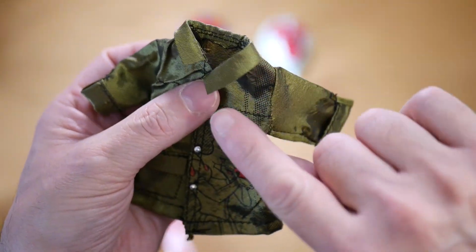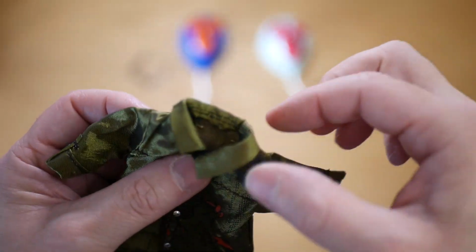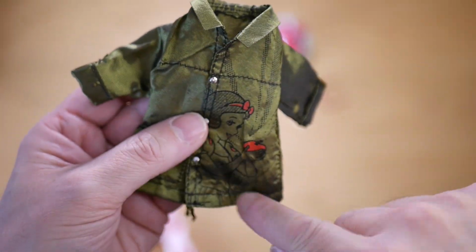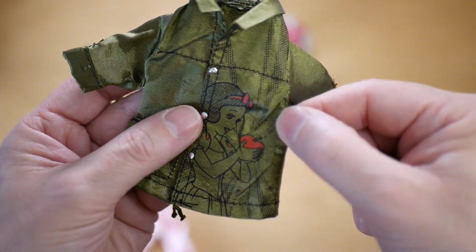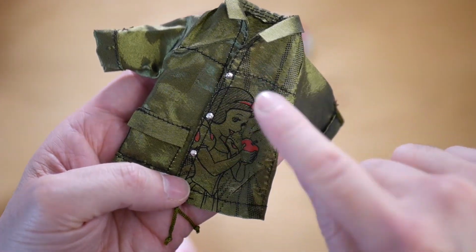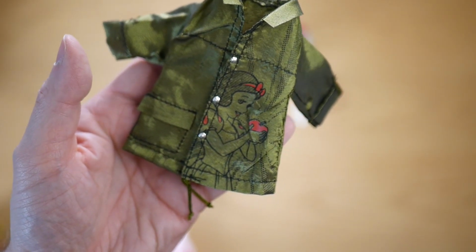The collar here is not hemmed, so that is a raw edge, but it's probably the kind of fabric that isn't really going to fray. There is nice detail on here. We've got an image of Snow White holding an apple, so that's on one side. We've also got these little studs down the front, which obviously are meant to be buttons. I was going to say it's meant to be a shirt, but